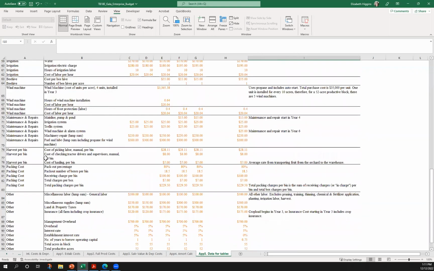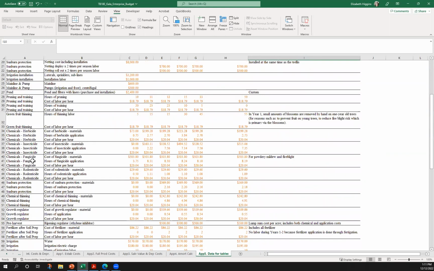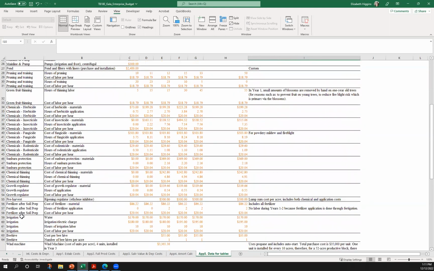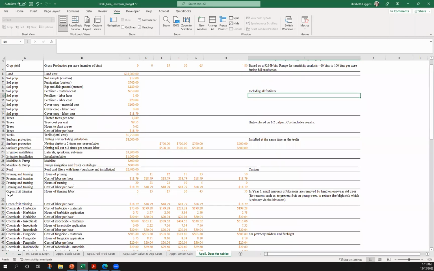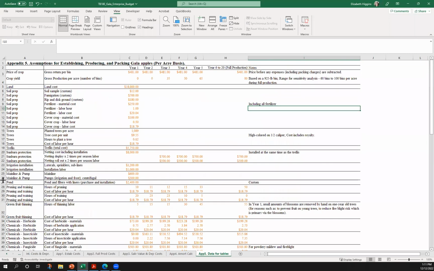here, do I have any categories, like, for example, do I use beehives, or irrigation? Do I have a pond? Do I use sunburn protection on my farm or not?